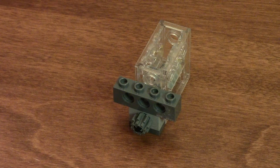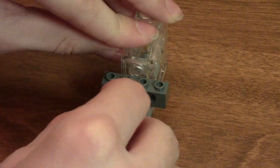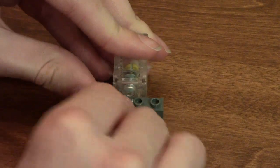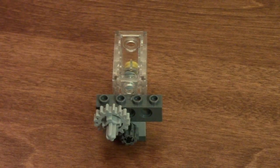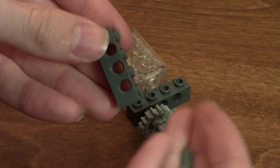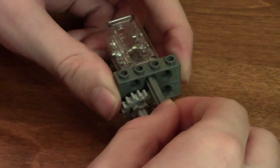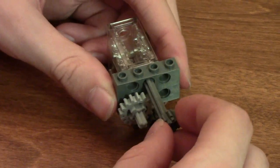Then we'll add on a piece of 1x4 Technic brick, a 3-stud Technic axle, and we'll attach the 16-tooth gear to that. Then we will attach another piece of 1x4 Technic brick. But before we put it on there, we're going to put in the 4-stud Technic axle with pin on the end so it doesn't fall out. Attach the 8-tooth gear,